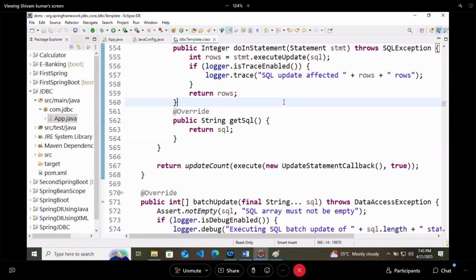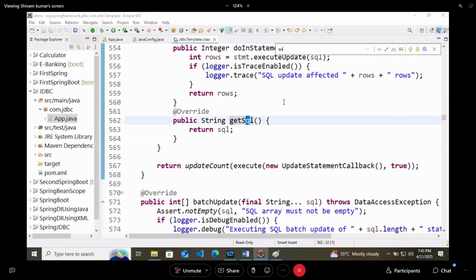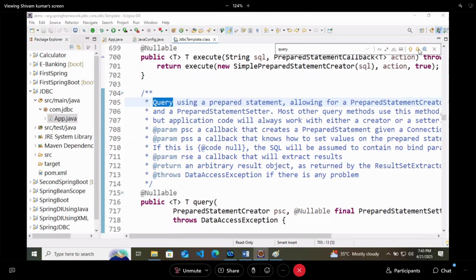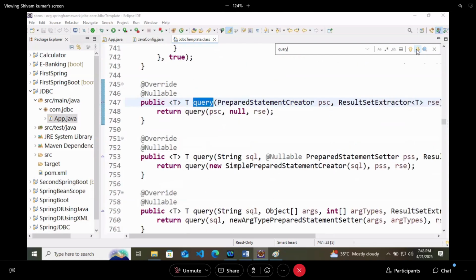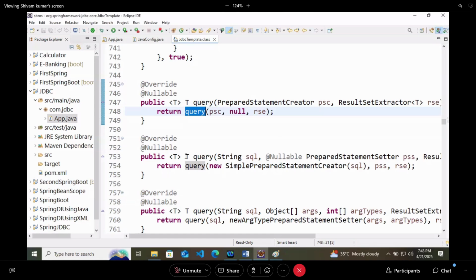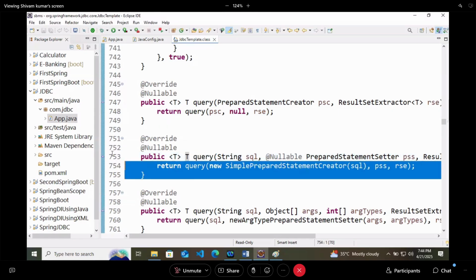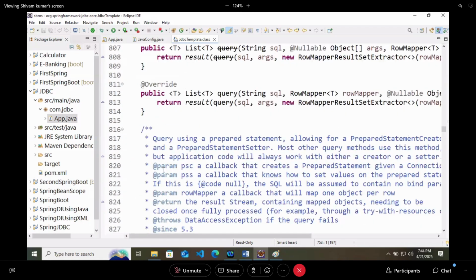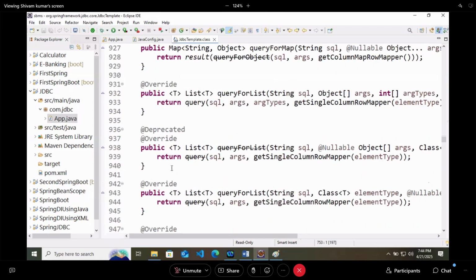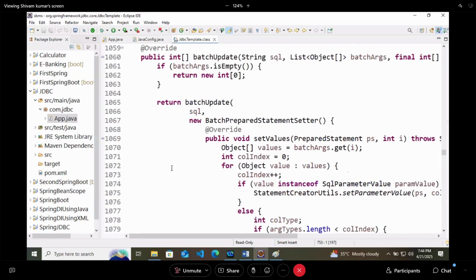It also gives you another method, that is the query method. It takes a query, and by using the query method also you can perform CRUD operations. So here all the methods are already written by the developers.